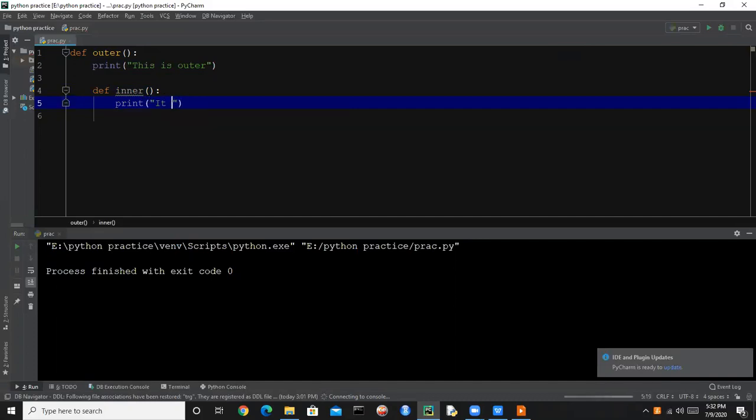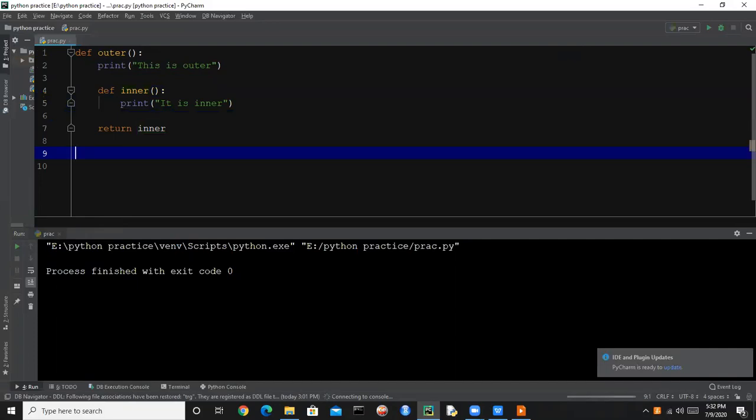Now we are returning the inner function. So return inner, and let's create a variable and assign the value outer. So now we are assigning the outer function to a.